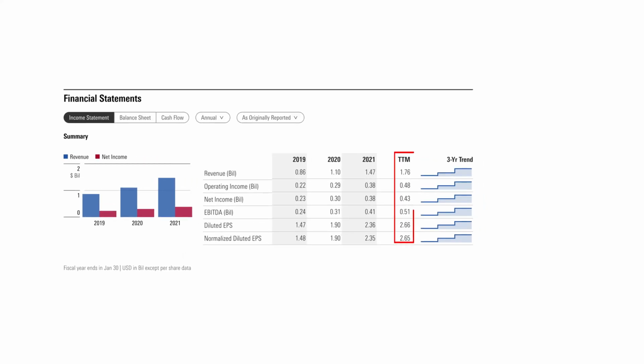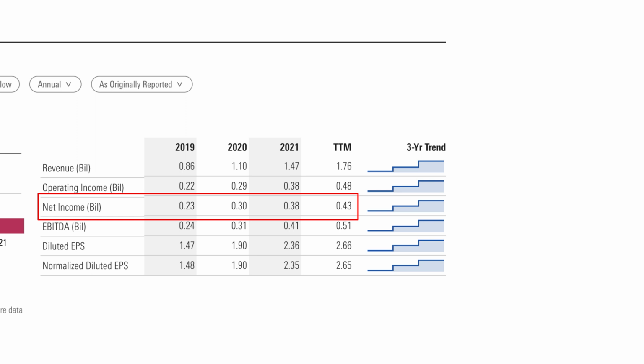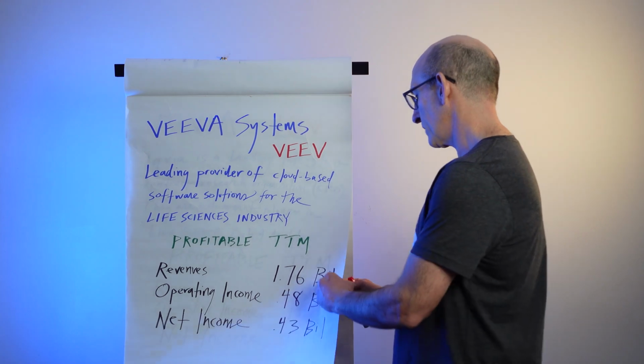So the revenues for Veeva Systems, this is trailing 12 months. The revenues were $1.76 billion, and then the operating income is $0.48 billion. So this is $480 million, and then the net income is $0.43 billion, which is $430 million. So anyways, this is what you need to know about Veeva. It's a profitable company. The next one I want to talk about